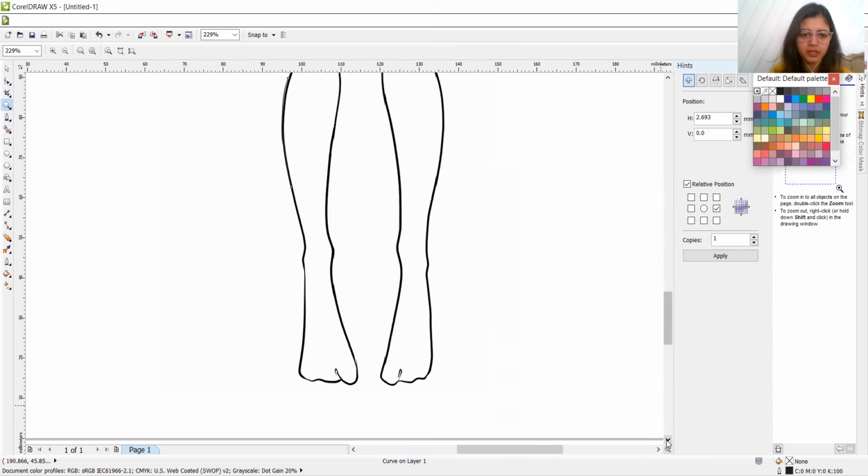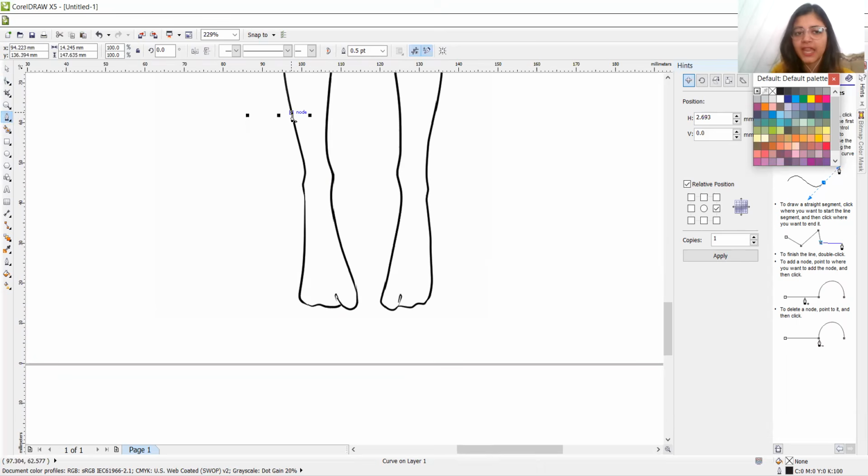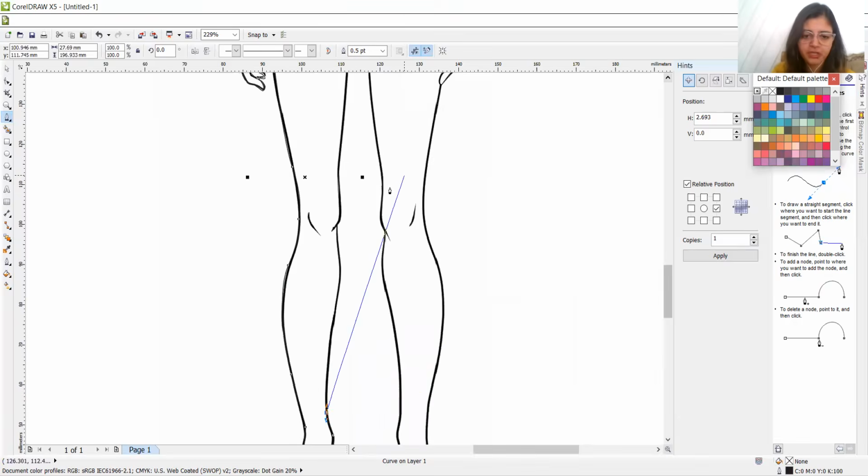You can zoom out a bit if you're having trouble in tracing. So wherever we have ended, continue from there only. And you can see there is a lot of disbalance coming over here because our line is not in shape. So don't worry, we will shape it once we are done with the tracing part.